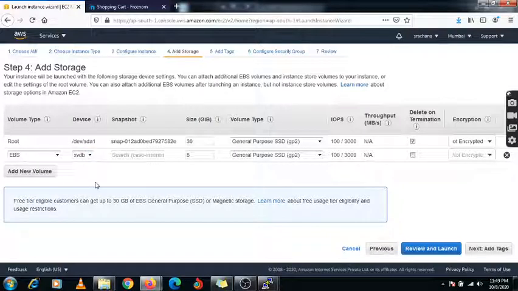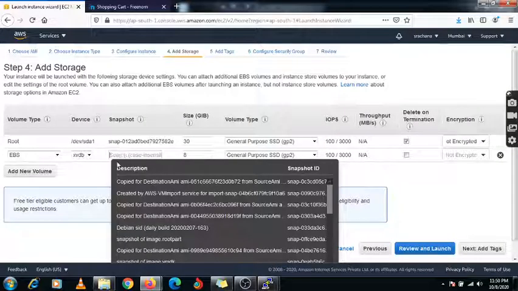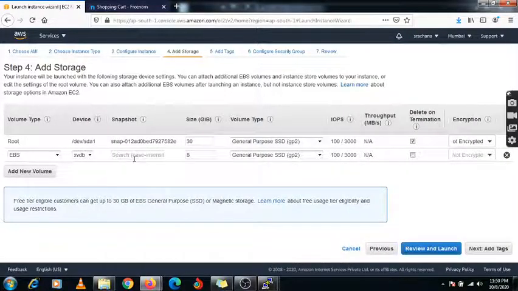It is like sda, sdb, such type. And here it is not creating a snapshot for this EBS volume. If you want to create a snapshot for this volume, you need to do it manually. The default size for the free tier account is 8 GB.